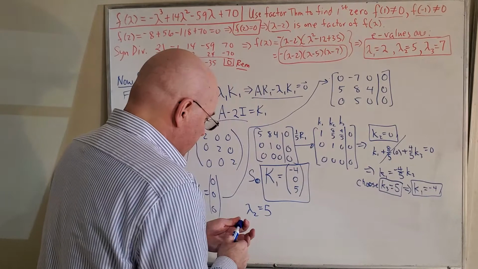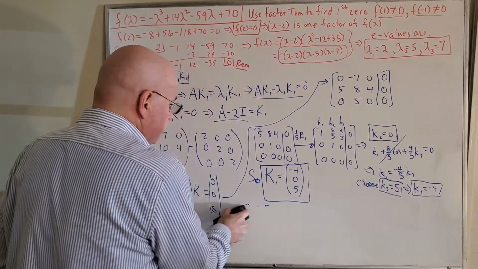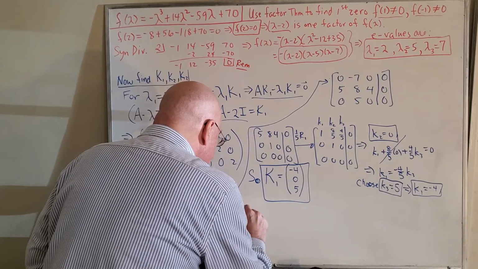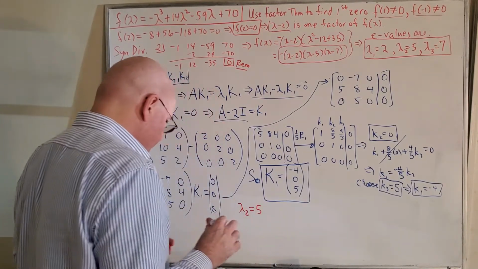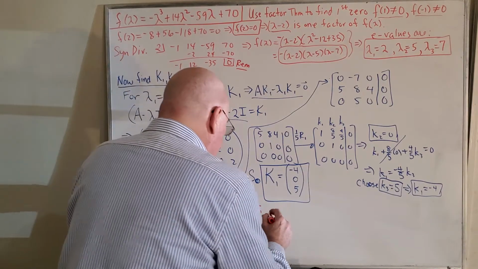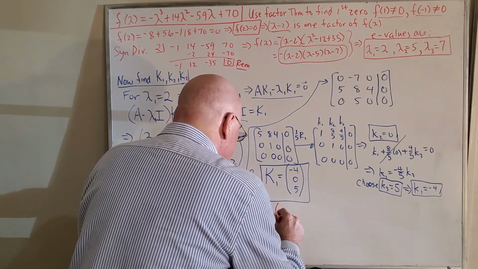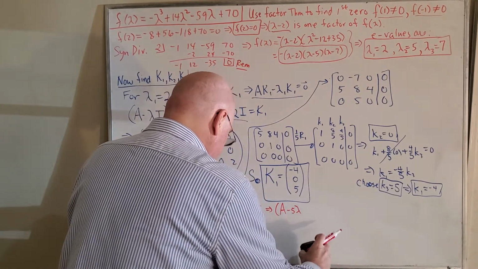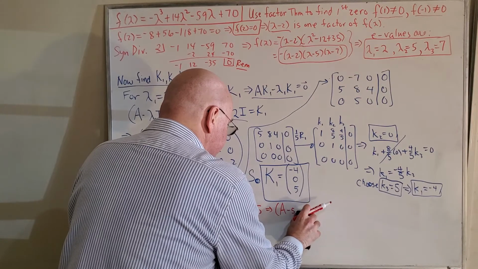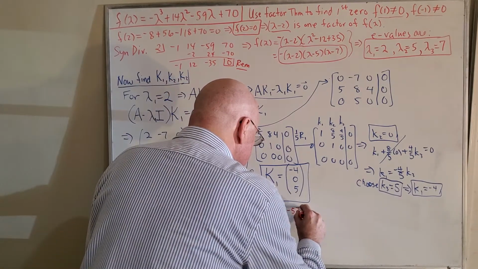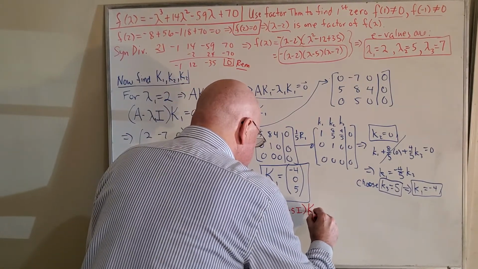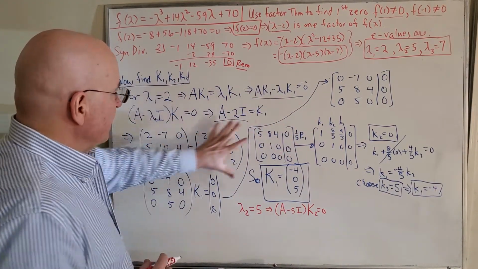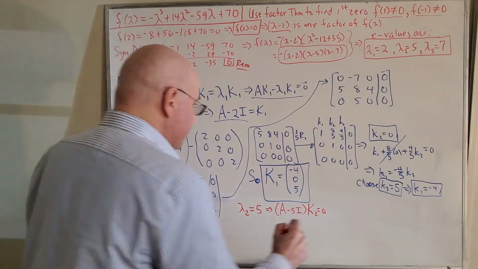Maybe I'll start with a different color here. Lambda 2 equal 5 implies that A minus 5 lambda, 5I, K2 equals 0. You do all this type of algebra that we did, and that gives us that